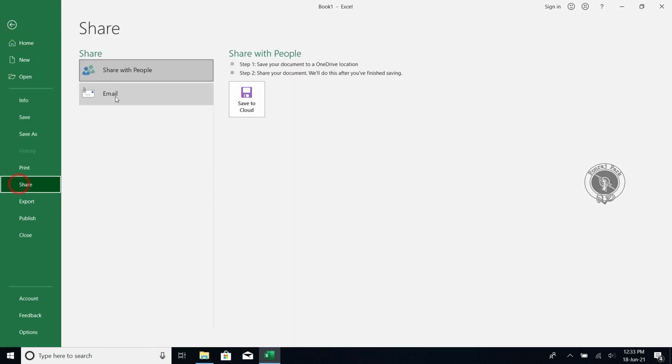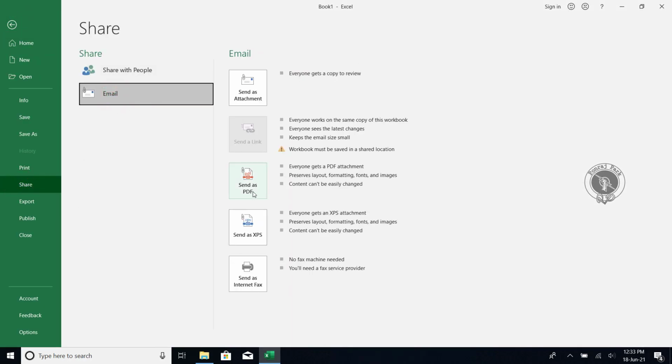And the next thing is you can send this Excel file as PDF, sent as email. You can do it with a single click: this file will be converted to PDF and also attached to an email.